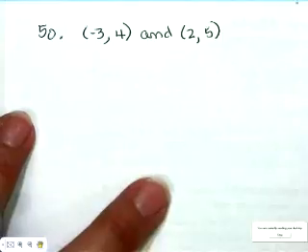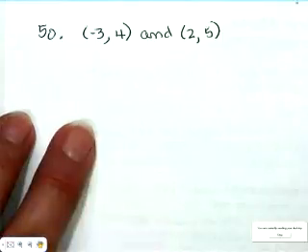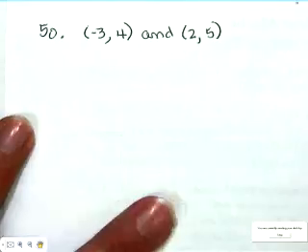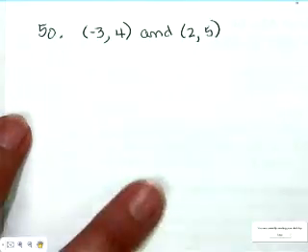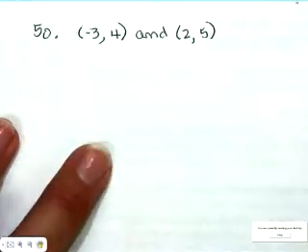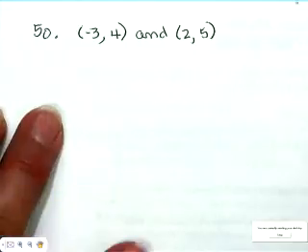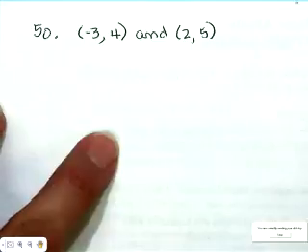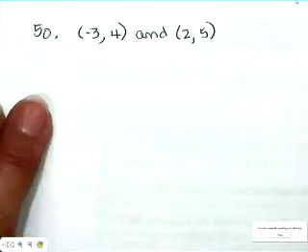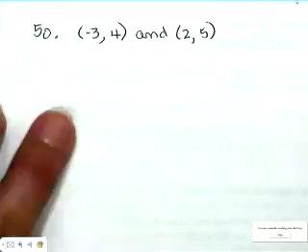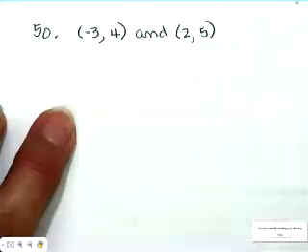First thing I think on number 50 is I have 2 points. Oh no, I don't have a point-point form. But I do have a point-slope form. And if you give me 2 points, I can find the slope. So that's what I need to do. Use the slope formula